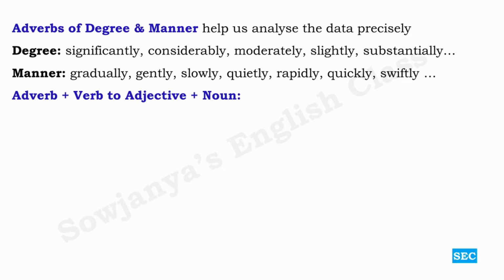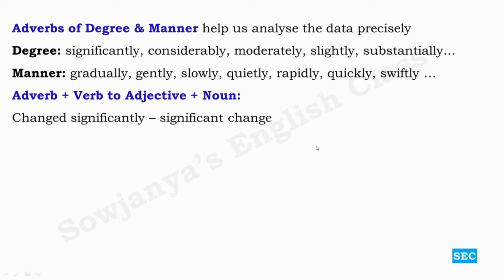And then adverb plus verb combination to adjective plus noun combination. This is also one of the interesting trends while writing an analytical paragraph. There is no rule that you are supposed to use only adverb plus verb combination. For variety, you can bring in adjective plus noun combination, derived from this adverb plus verb combination. How do we do that? Let us see. Changed significantly. Changed is the verb here and significantly is the adverb. So this combination can be changed to adjective plus noun, like significant change.